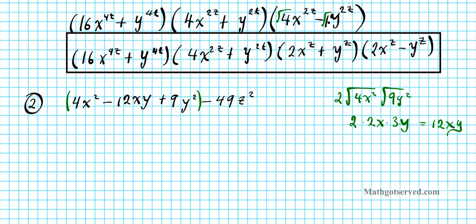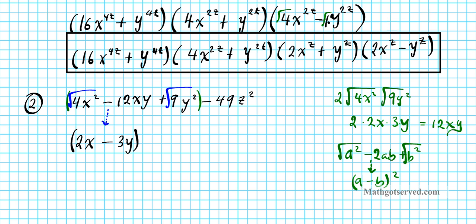Okay, so since this is a perfect square and this is a perfect square, and double the product of the roots of these two gives us the middle term, this is a perfect square trinomial. It is of the form a squared minus 2ab plus b squared. So if it's of this form, the factored form is going to be what you get when you read the first and the last and bring down the middle sign, right? So you're going to have a minus b quantity squared. All right, so that's what we're going to do here. So we're going to read the first and the last and bring down the middle sign, okay? So that yields 2x minus 3y quantity squared,